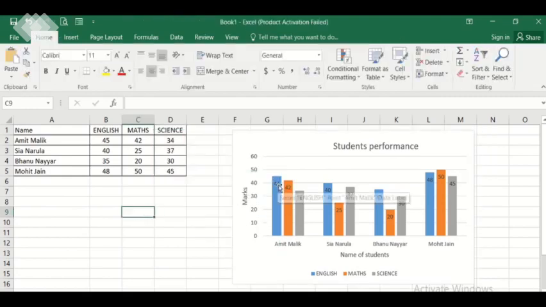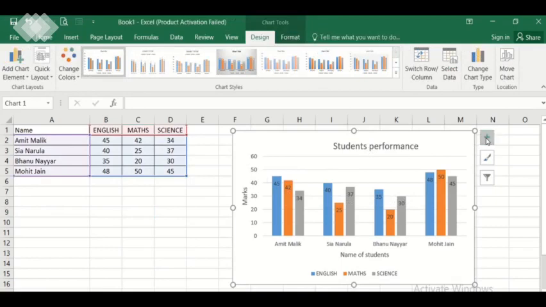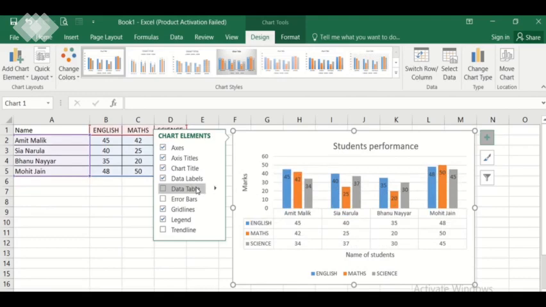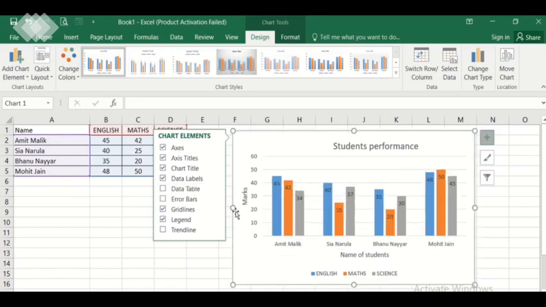Like you can see, the data is there inside. After this, the next thing that we will be doing is the data table. Now this is whether you want to even show the data table along with the chart. If you want, see here, the table which was here is now coming here also in the chart. But this will make it more complex to understand, so let's turn it off. But if you want, you can have it.